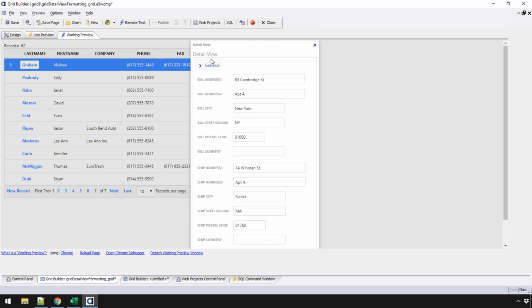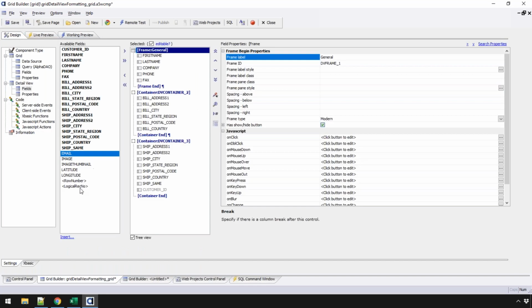So there's a lot of nice features that you can use, and it really extends the life of the grid. Now, remember, this is not responsive. We really recommend that you look at list controls, especially now with the inline editing. There's a lot of fun stuff you can do with that. But this is really handy for just quick and dirty forms. If you want to make them look pretty good, lay them out, and they're probably going to be just used on a web browser. As you can see, I was able to build this all within a very short period of time. So that is how you can use the built-in